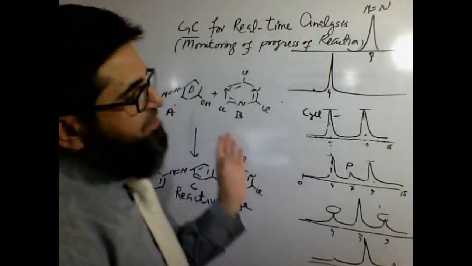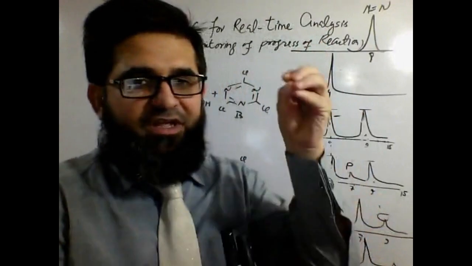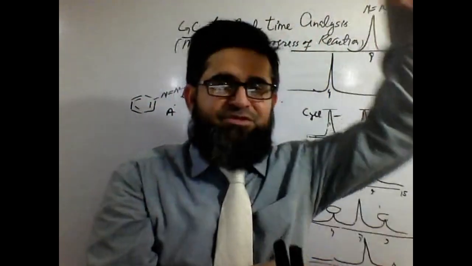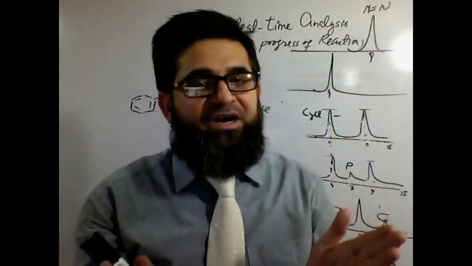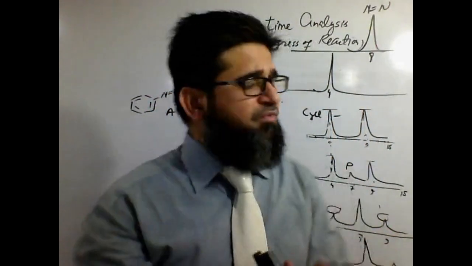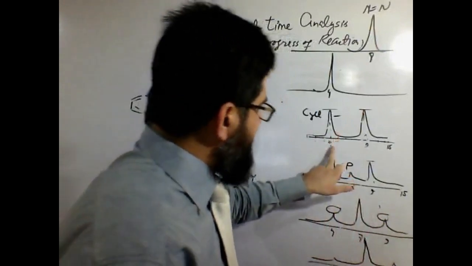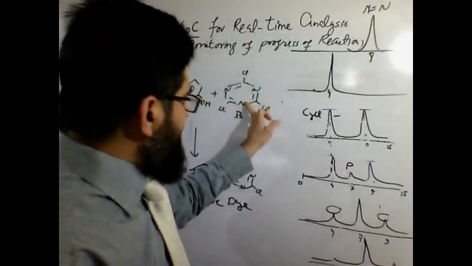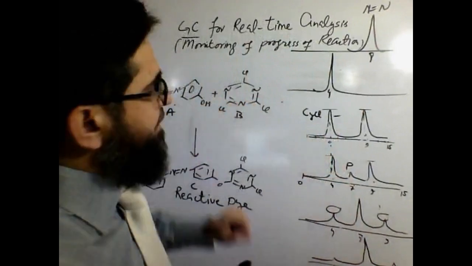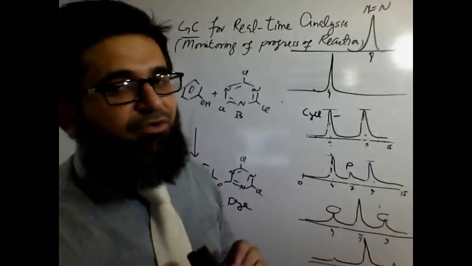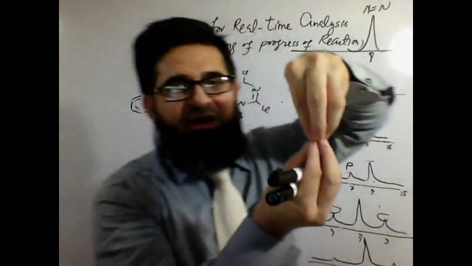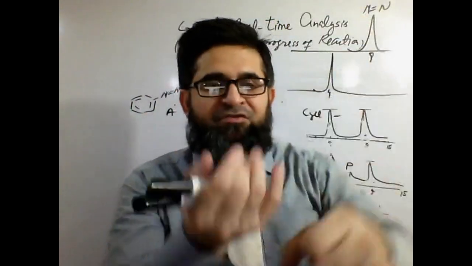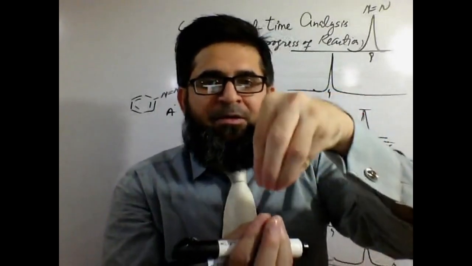We actually take samples from the mixture where A and B both are present. When we run them on the GC, they both appear as two peaks. We don't have an idea which one is which. If we want to recognize whether this peak at 4 belongs to this chloride or it belongs to this other compound, then we need to take this compound in a separate flask, in a separate test tube. From there we should make a solution of that, take a sample from there, and run it on GC.